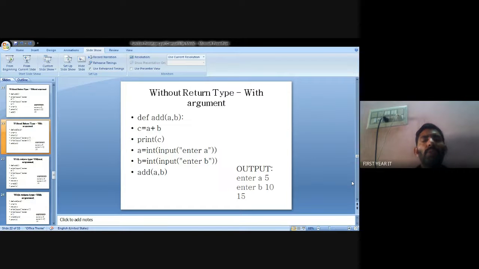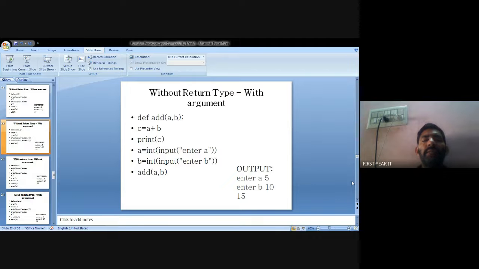I pass two parameters to the sub function add. I have declared add a comma b, so add is the sub function and a comma b are the parameters. Okay, c equals a plus b. They just calculate it.